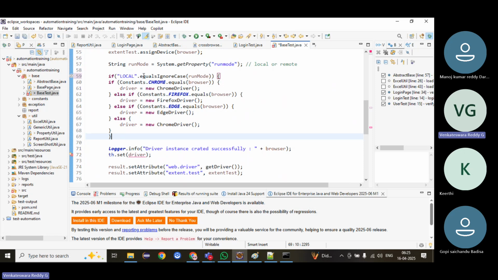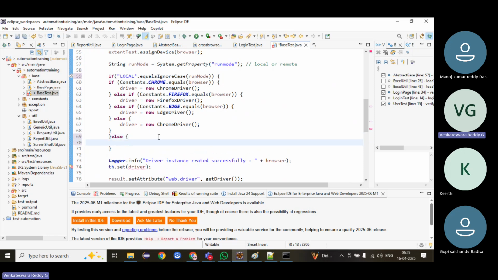Now if it is local, that is fine. Now else if the run mode is different, suppose the run mode is remote. Now, how to create the driver object in the remote? Here also we will get